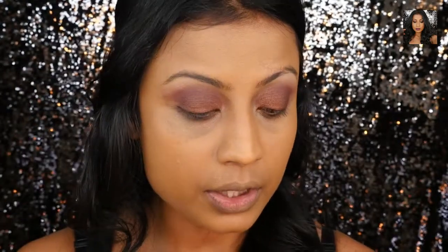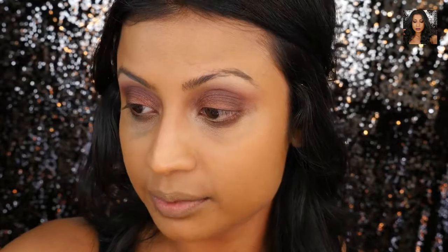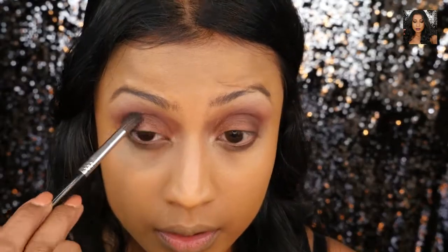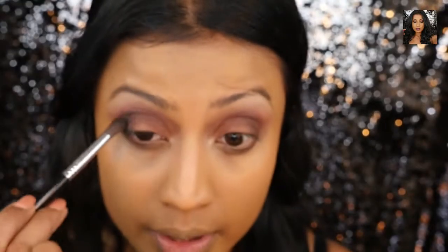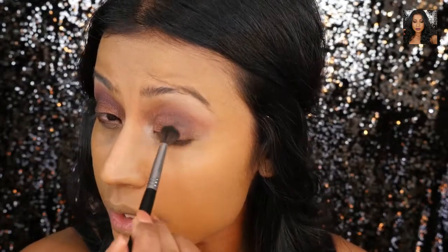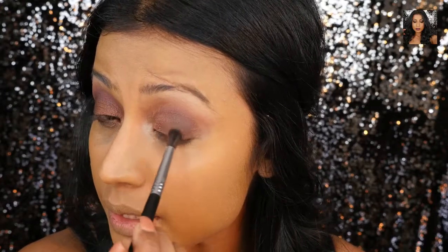And to smoke this out even further, I will be darkening the outer V of my eyes using Bark. Bark is a brownish. And then what I would do is go in with black, actually. Pick up some jet black, and that's the name of the eyeshadow too, and smoke this out even further. Just so you guys know, this is a very optional step. You do not have to make it any darker than what it already is, but I want to, since I'm creating that really deep nighttime makeup look,